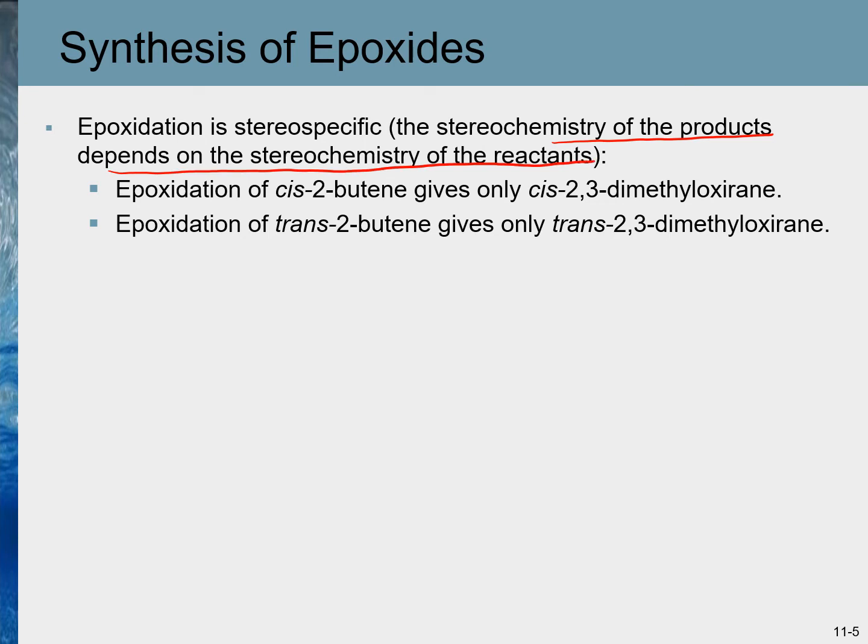Epoxidation of cis alkenes give only cis 2,3-dialkyl oxyranes. So in other words, if we start with a cis alkene, our product epoxide will also have a cis configuration. For example, this is a cis 2-butene,